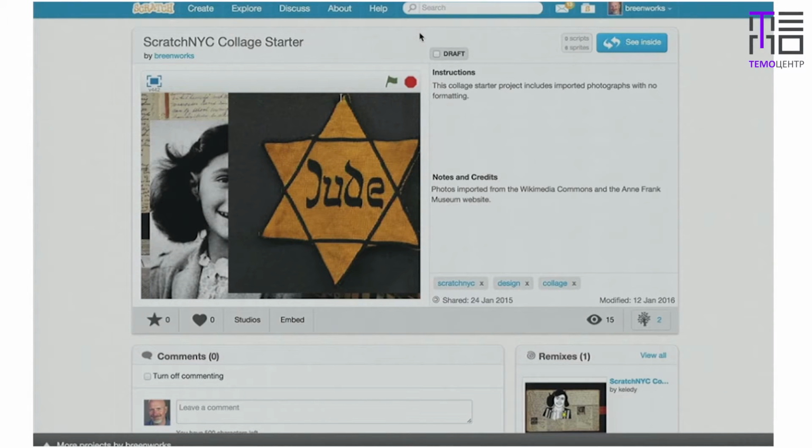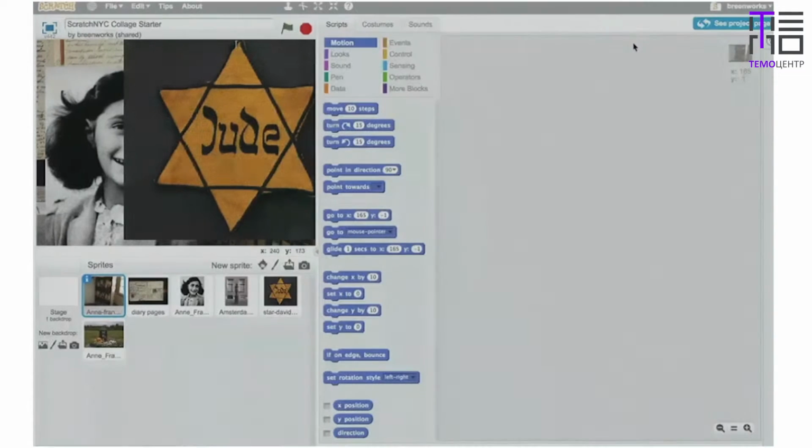So if you go to the studio and open the Collage Starter project, then click See Inside, you'll see we have 1, 2, 3, 4, 5, 6 images to start with. So what I'd like to show you is some techniques for changing these images, making some of them smaller, cutting out the edges, and finding the best way to combine them. Remember that transparency that we saw with Anne Frank? How do we make some objects transparent so that we can see other ones coming from behind? That's what we're going to do in Scratch. So once you have this project open,